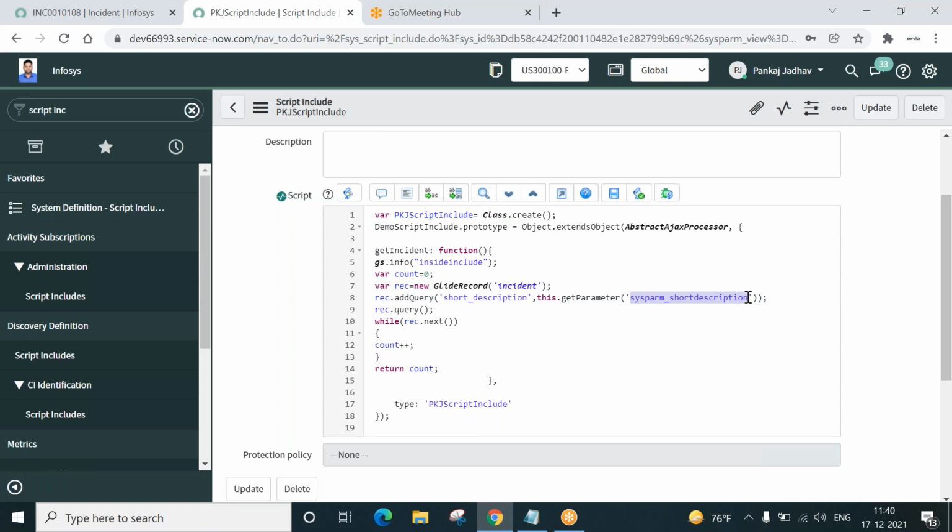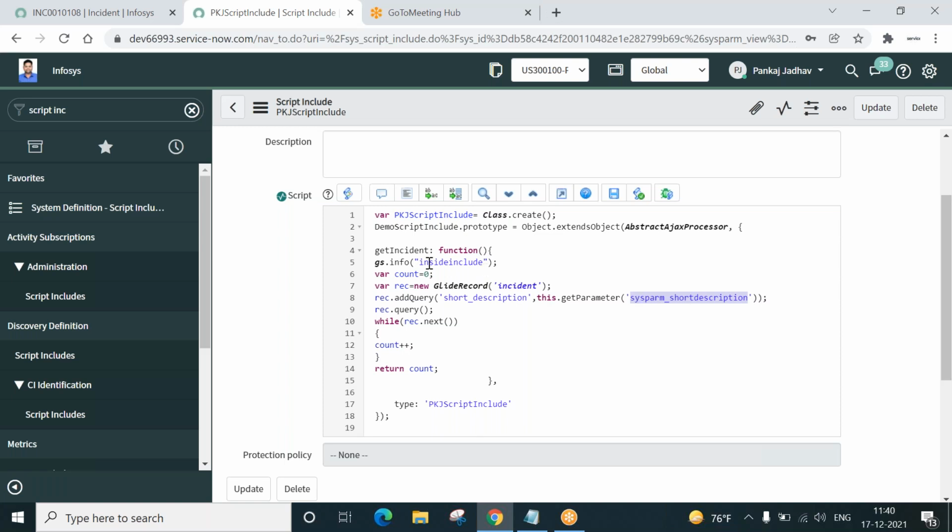This is something the client script is going to pass, and we access the parameter like this: this.getParameter('sysparm_short_description'). Whatever we pass from the client script, the same variable we can access using this.getParameter.